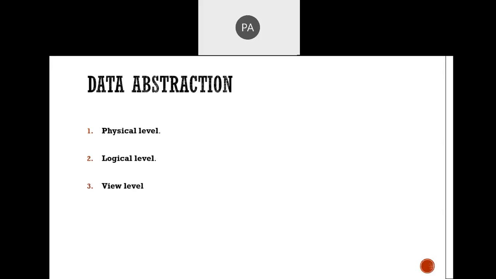Student percentage, that data type must be a fractional value. So student address is there, again varchar. So we need to specify the whole schema at the physical level. In the physical level, we just need to specify what kind of data we are storing in the database. This is the physical level.